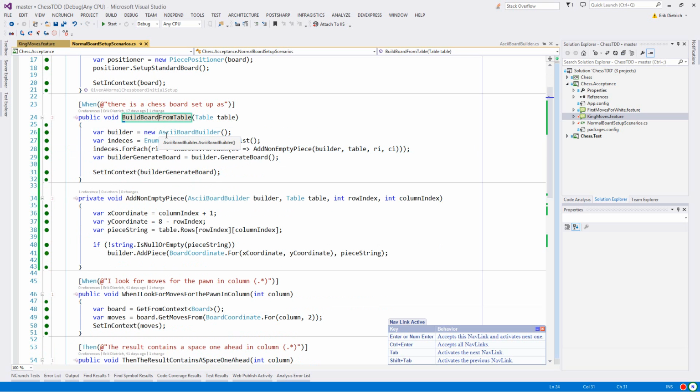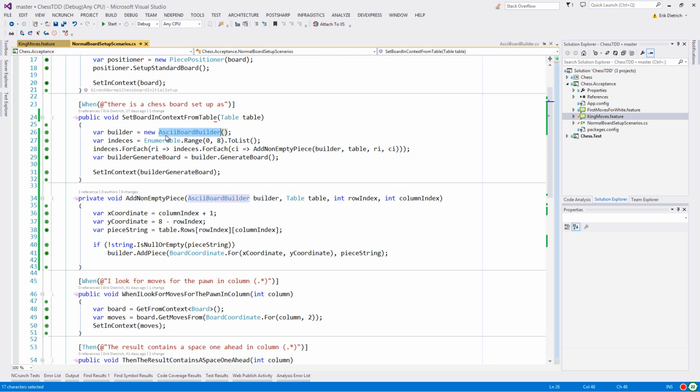Then the second thing is going to be the actual particular mechanics of taking a table and building it into a board, which means instantiating an ASCII board builder, figuring out what to pass that builder, and then querying it for results. And then there's also that non-empty piece method. I like the non-empty in there because it tells you what the method is doing, and I like the add for the same reason. If I'm going to get real purist about the single responsibility principle, I probably want to even